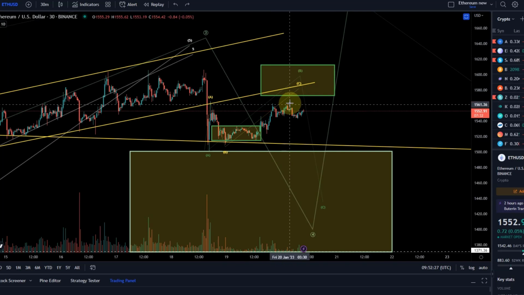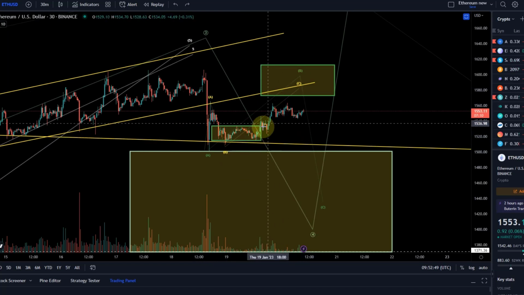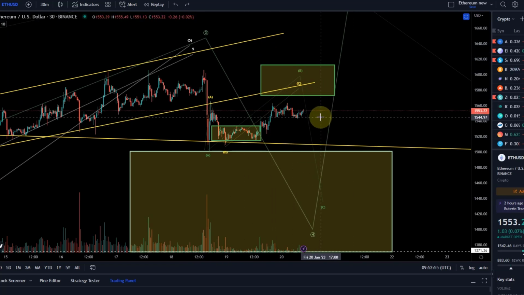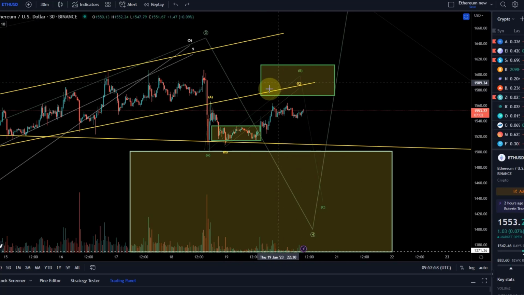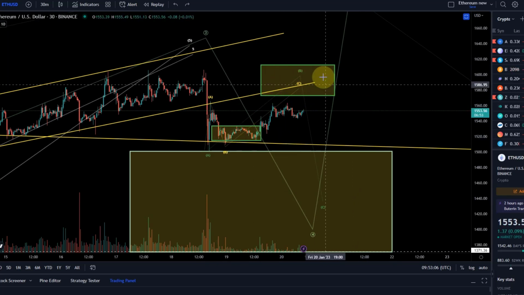Sure, you could make the case for a WXY as well, but at the moment this is pointless because this could just easily be a C wave as well. However, quite a choppy C wave, so maybe WXY is not too far-fetched, because you have your W here to the upside, an X wave down, and then the Y wave could be an A, B, C in itself, and a C as an ending diagonal. But don't get too much involved in the small stuff here, because that's not so important. It's more important to understand, if it's an ABC or WXY, what the targets are, and I did highlight them here.